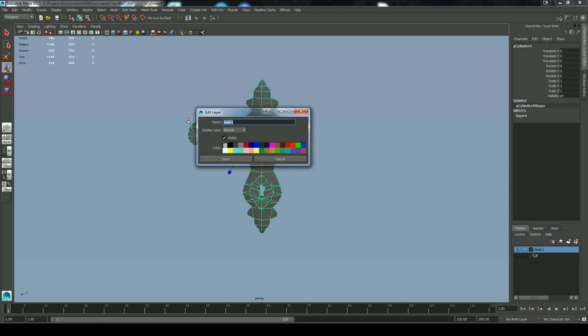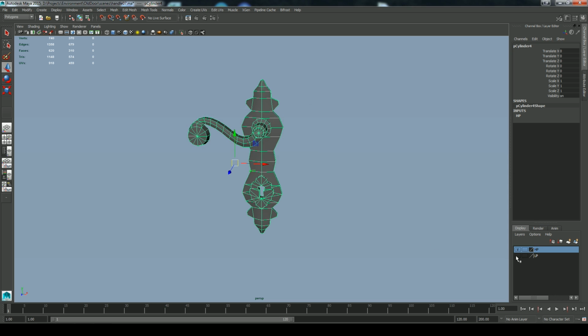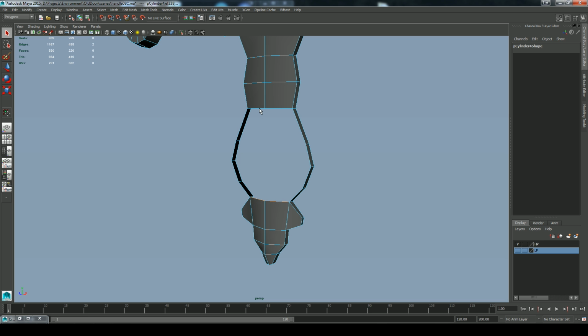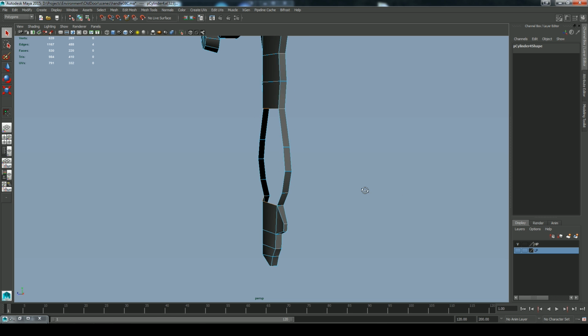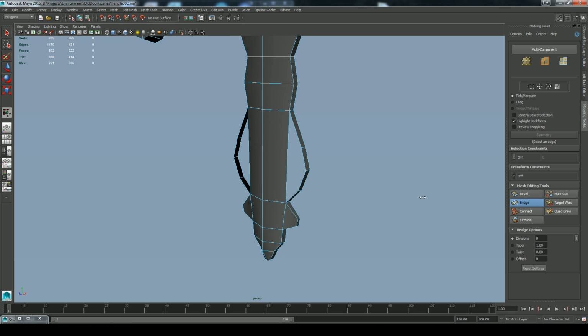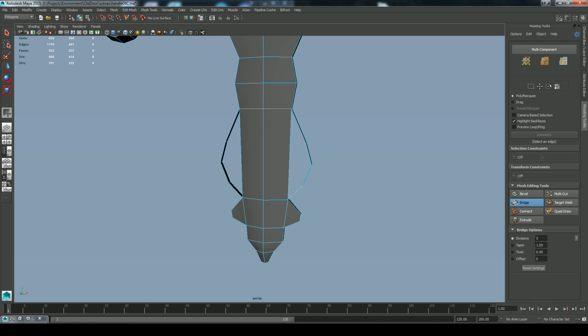So you can see here when I turn this on and off, it jumps between the low poly and the high poly, which is currently the same model. So now I've just deleted all of these triangles. It's very important for anything that's going into Mudbox. It's entirely quads. So here I've selected the top and the bottom edges there and then clicked on bridge to